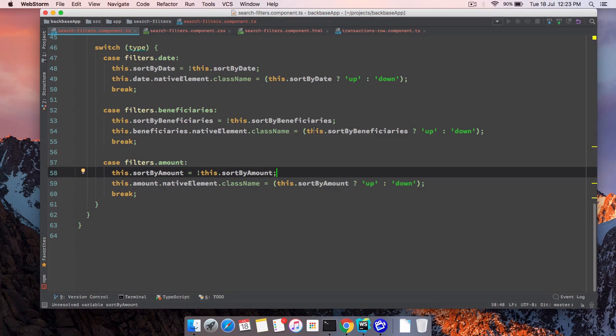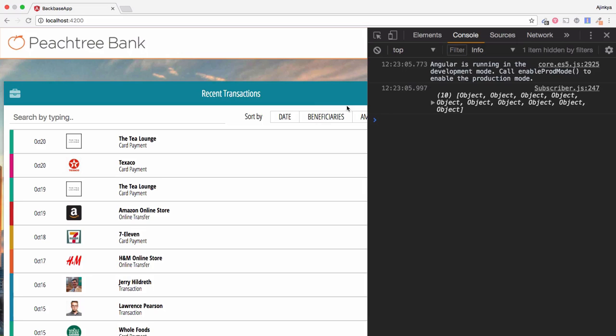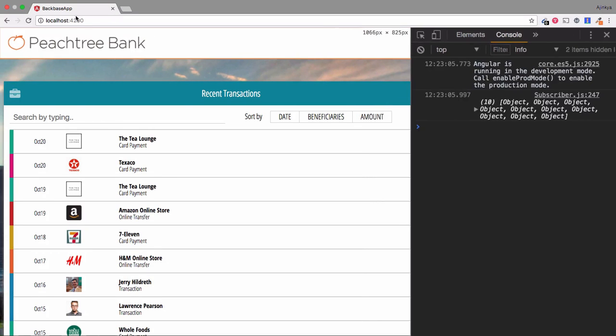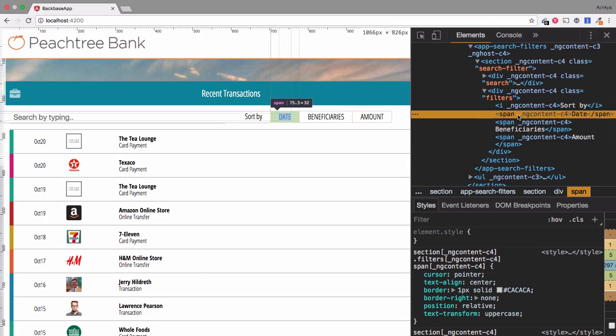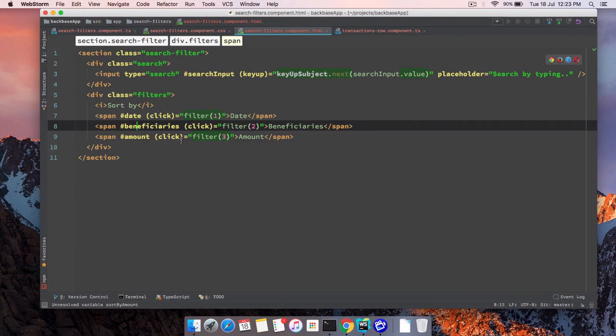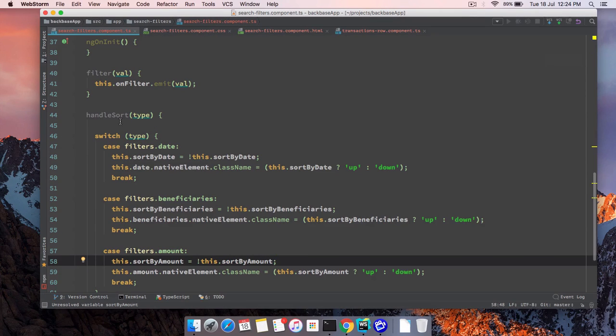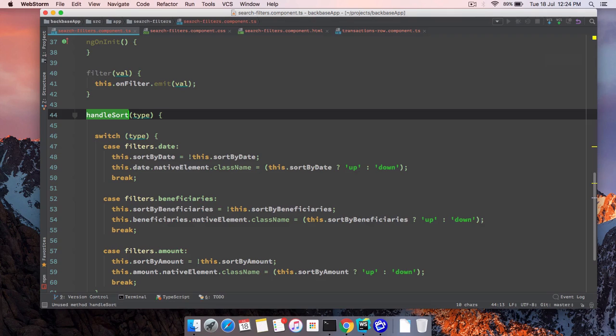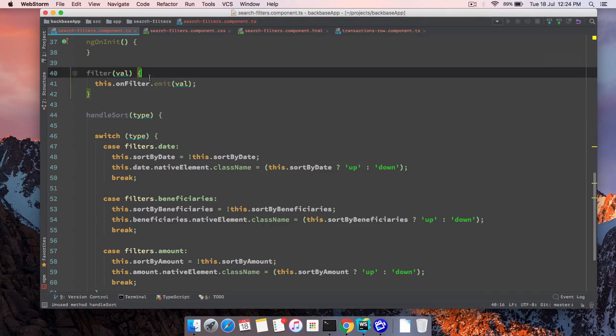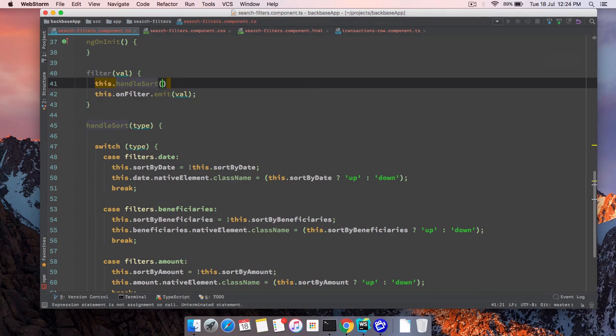All right, let's check what that flaw is now. Refresh. If I click on date, let's see why nothing is happening. The reason nothing is happening is because I never call this function. So basically I need to pass this function over here, this dot handle sort, and pass the value or the type,